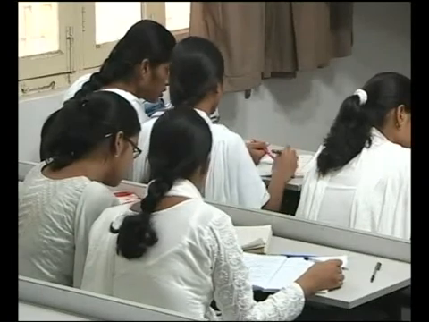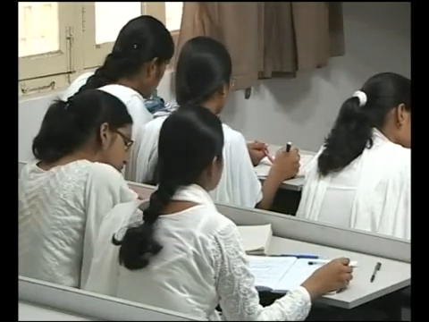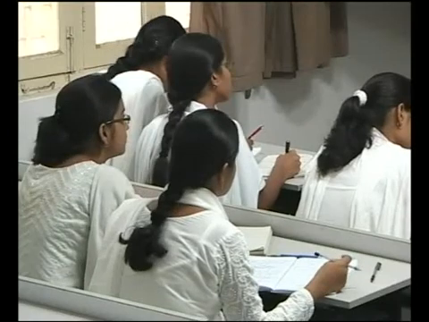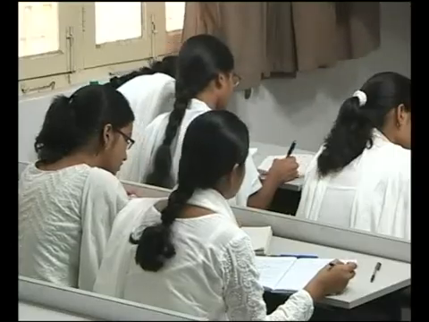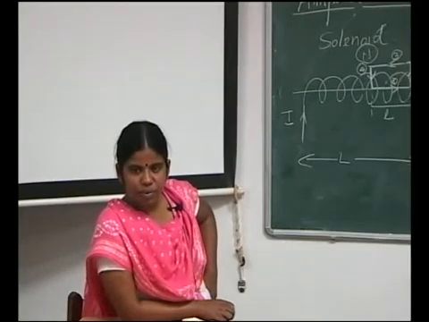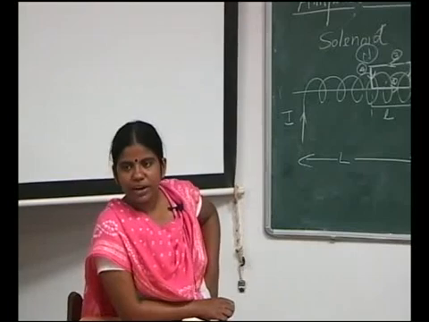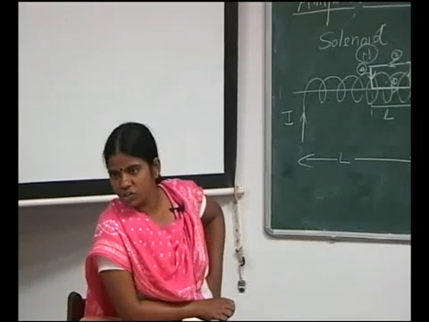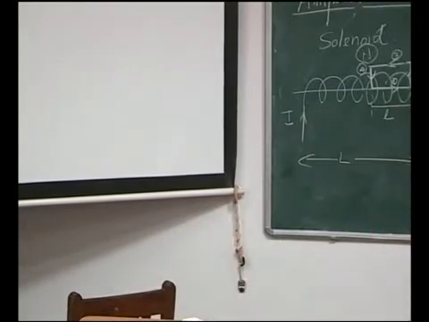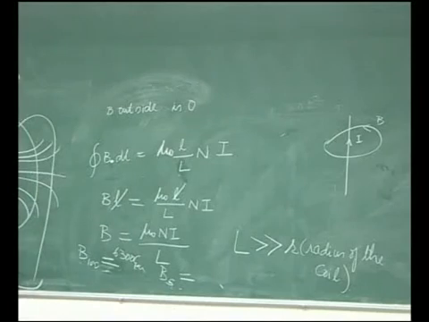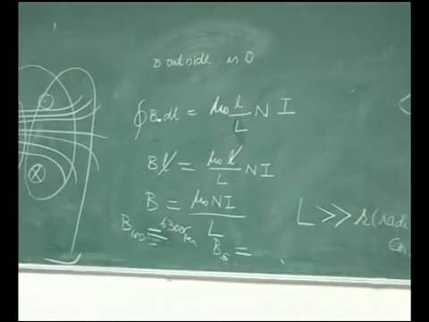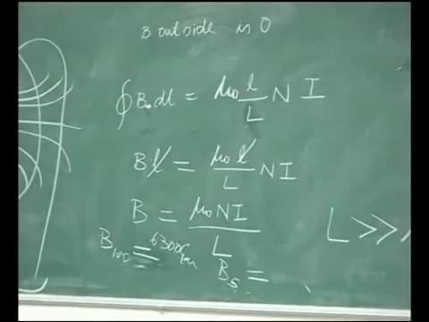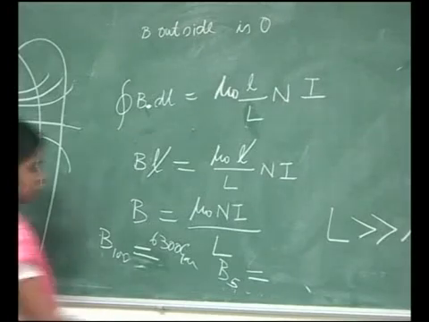क्या आ रहा है? 2000 pi Gauss, 6000 Gauss for 100 amps, around 6400. आपका 2000 pi आ रहा है. So pi, if I say it's 3.14, then you get around 6300 Gauss. So B100 is 6300 Gauss. And what with 5? With 5 amps, 100 pi Gauss. So what is that? 314 Gauss.